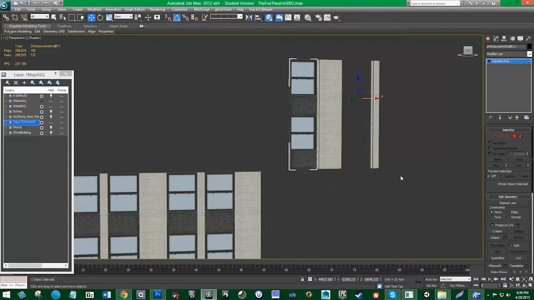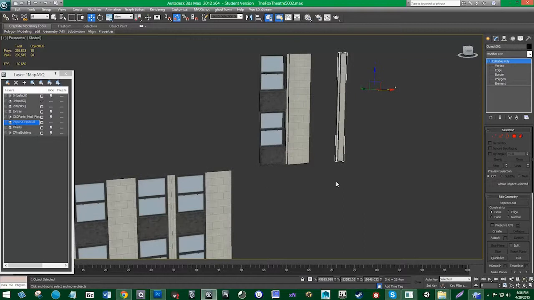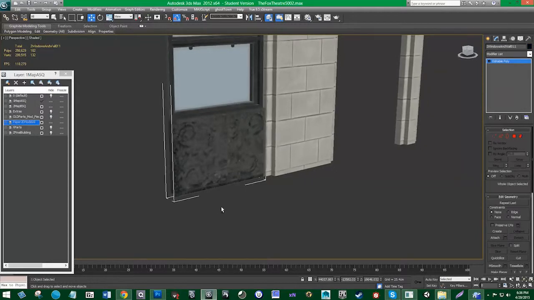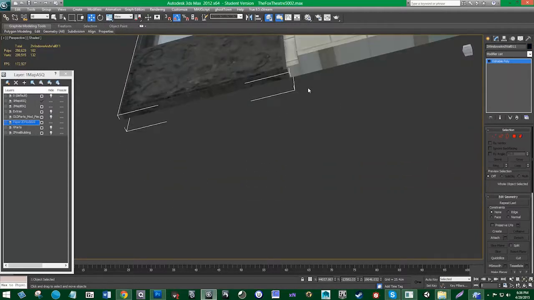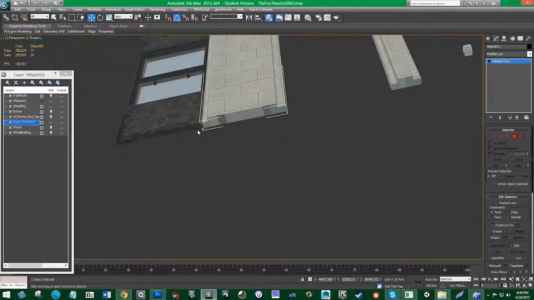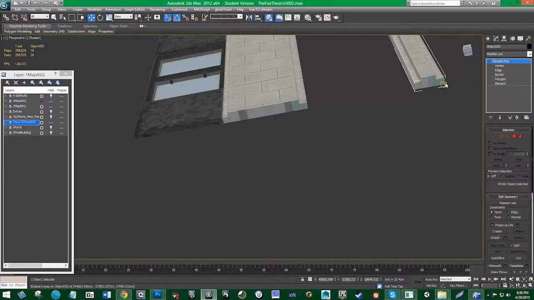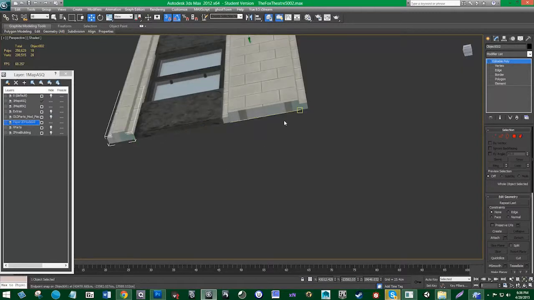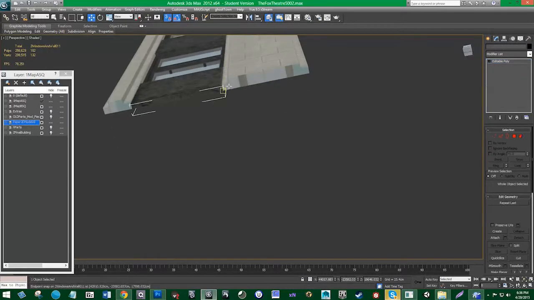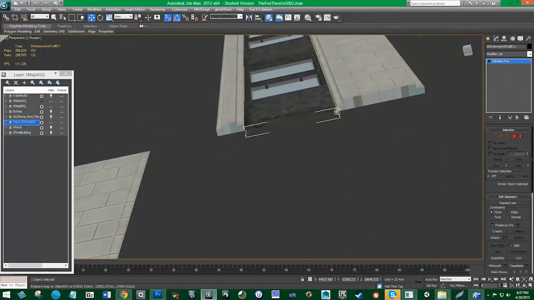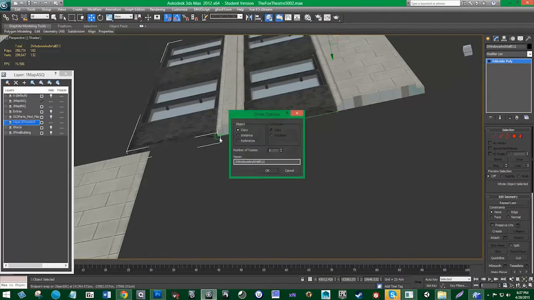So what I'm going to do is, actually when we're snapping these pieces together, I can't just snap this to here because that's not where it is in the bottom view, which is really going to show us where we're going to be snapping to. What I'm saying is it's important to snap it to the right place. So I'm just going to snap this to right here, and that's exactly where this piece leaves off. So that is okay. So now that we have this middle piece, we're going to need the window again and then a big piece. So I'm going to take this window here and just snap it right to the side,